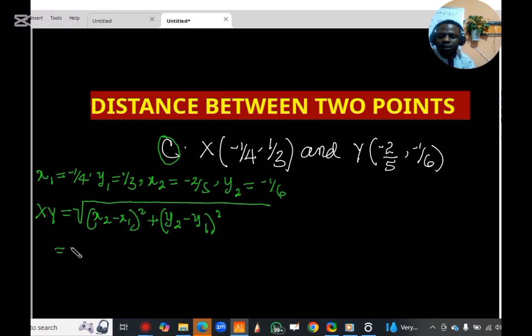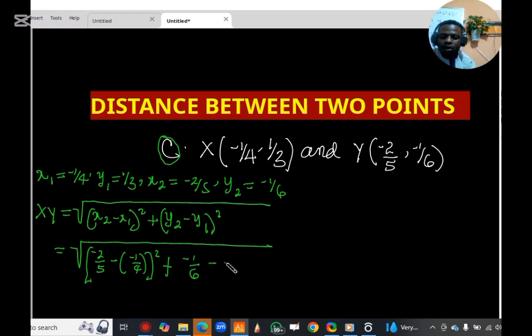We have it to be, our x2 is negative 2/5 minus x1, which is negative 1/4, all squared, plus our y2, which is negative 1/6, minus our y1, which is just 1/3, all squared. Simplifying, we have it to be equal to